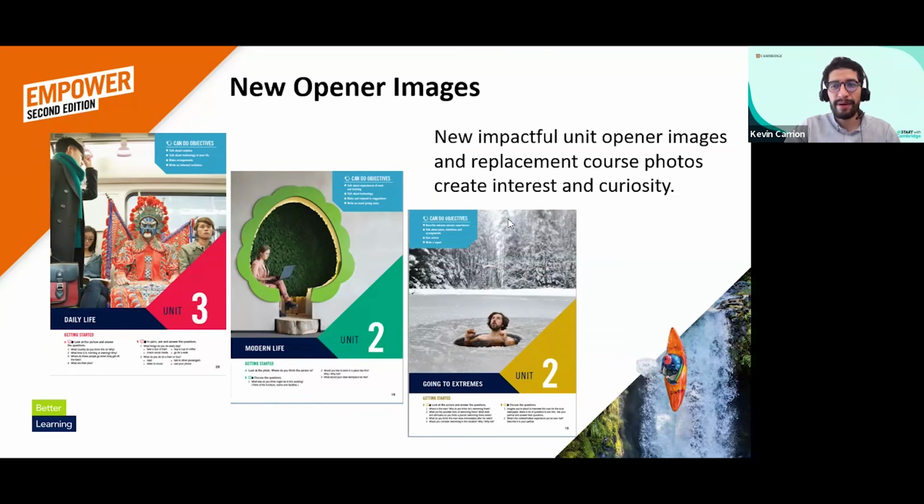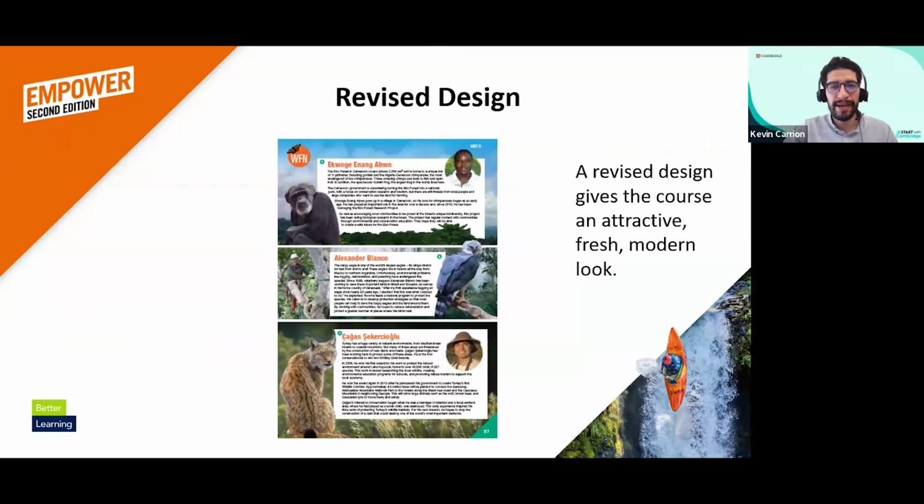The images use visual literacy and are very engaging to our students' profile.